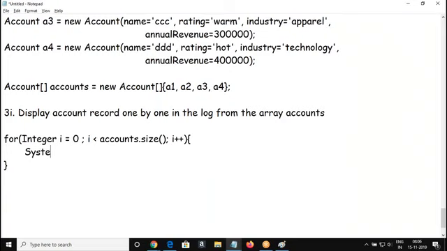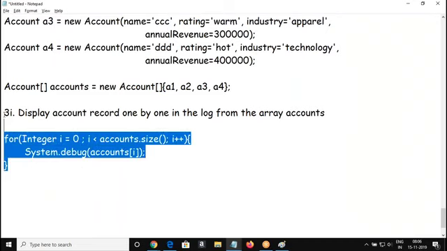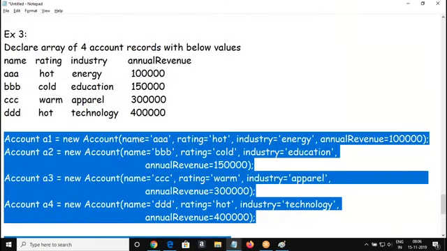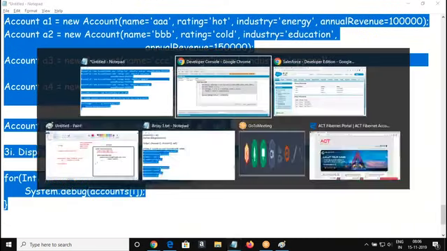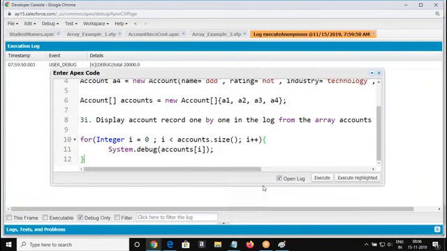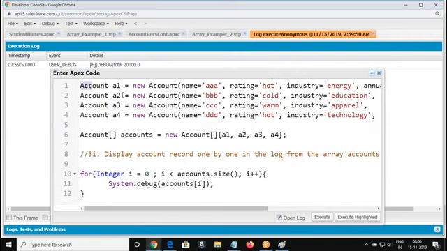So System.debug accounts, open and close bracket. You are going to pass the index every time. So we have the data here.